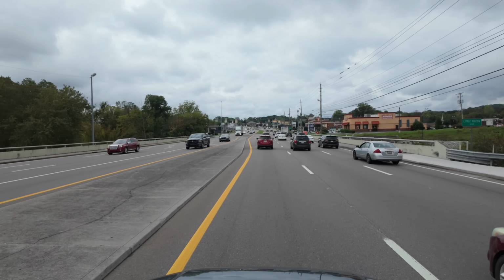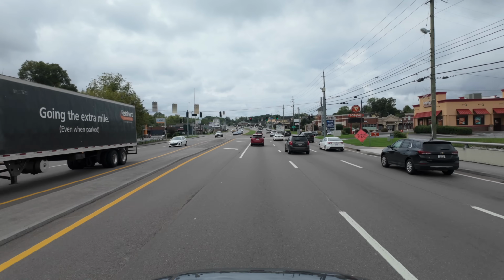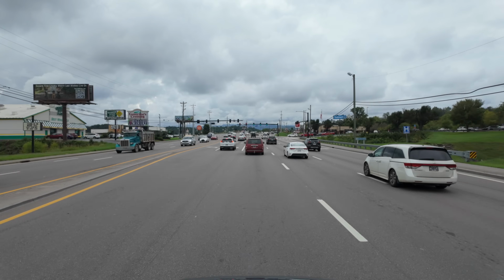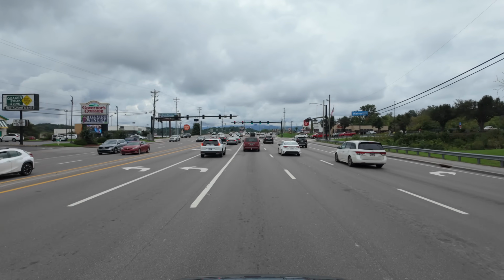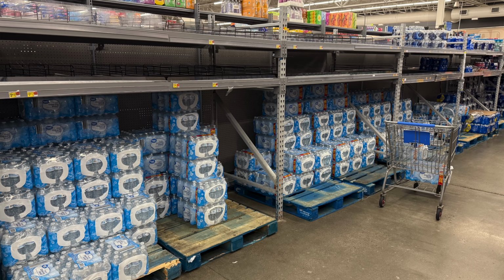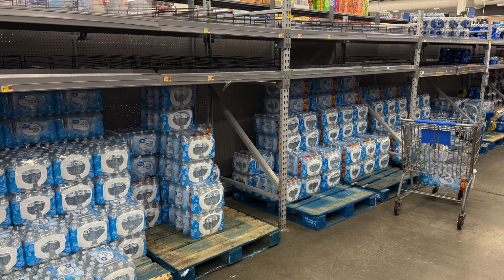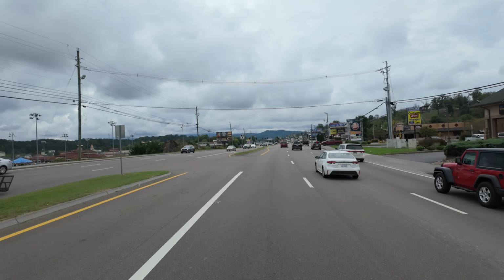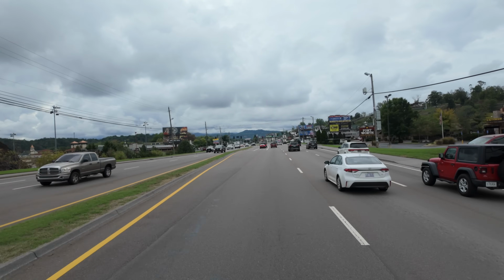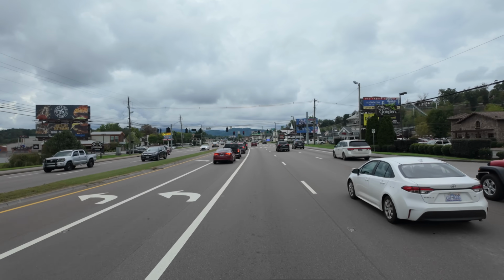All the stores here in this area are open and everything is up and running as normal here in Sevierville, including the Walmart, which is the only Walmart in this area. I did go into this Walmart yesterday and I noticed that the section of water was getting a little more thin than usual. It's not as though people don't have running water here in this county, but I'm noticing a